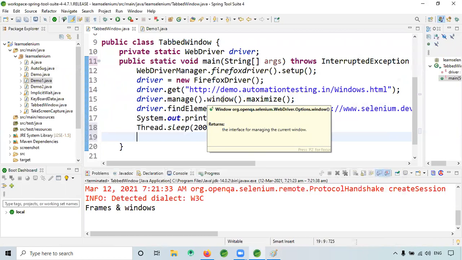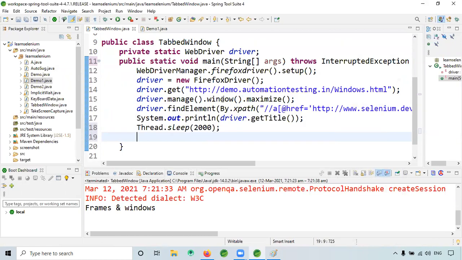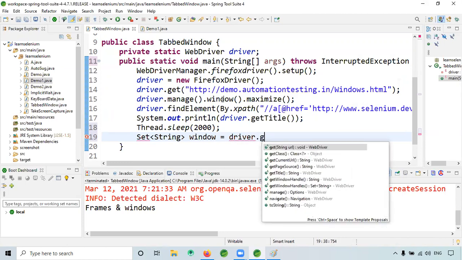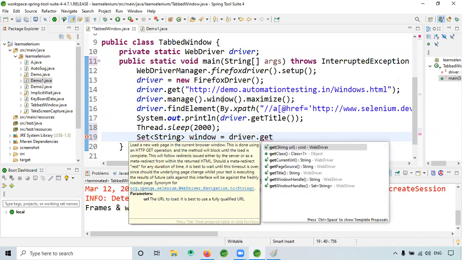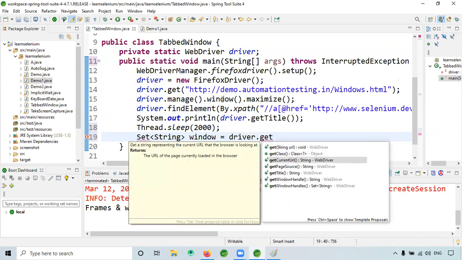Let's say, see now, for that I have to use Set String window is equal to driver dot get window handles here.